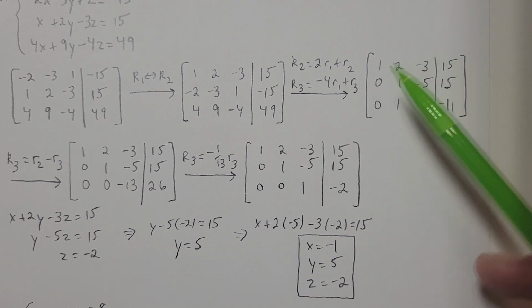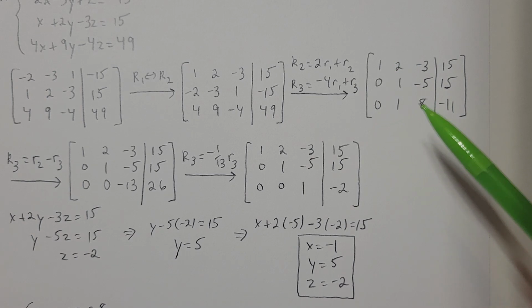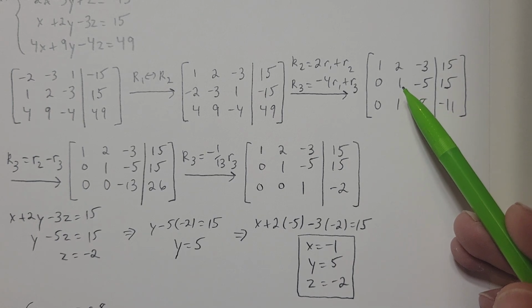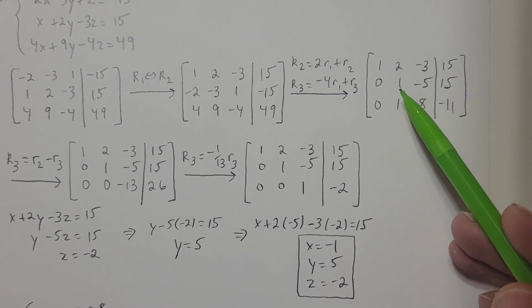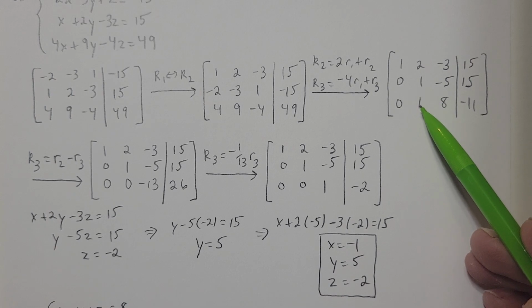Okay, and so here's where I'm at right now. Column 1 is all done. Now the next thing that I'm going to do is I need a 1 in the middle of the matrix. I already have that. If I did not have this number being a 1, though, that would be the next step. Because we've already got a 1 here, now directly below the 1,